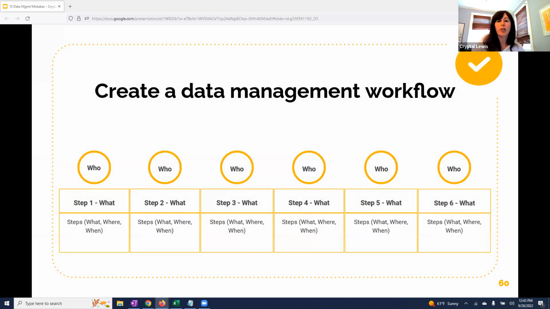Take time to create a workflow for every piece of data you collect. Plan out the who, what, where, when, and maybe even the why of each step of data collection and management. And then write these workflows into your protocols and train your team on them. While this is a slow process up front, in the long run, this will make less data management work for you because it will reduce errors and confusion. It'll increase the reusability of your code and your data, and it just keeps your data more secure.